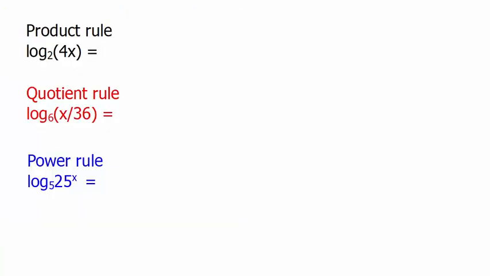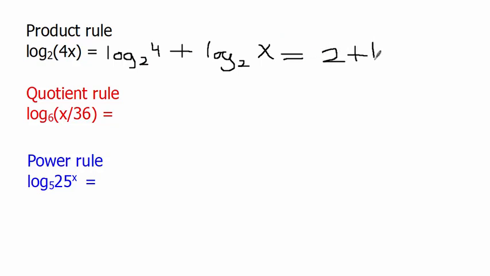So if we just look at using the product rule, we have two things inside. We're going to split it into two separate terms. Both of those terms have to have the exact same log base, and one of them is a 4, and the other one is an x. So we could actually solve log base 2 of 4. So 2 to what power gets me 4? That would be 2. So this ends up being 2 plus the log